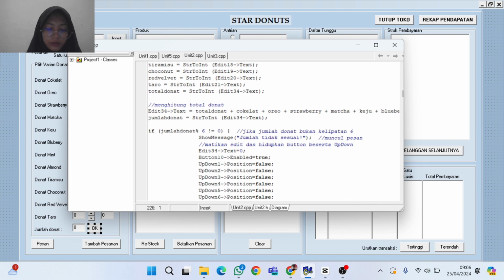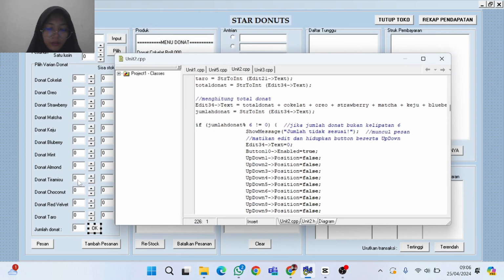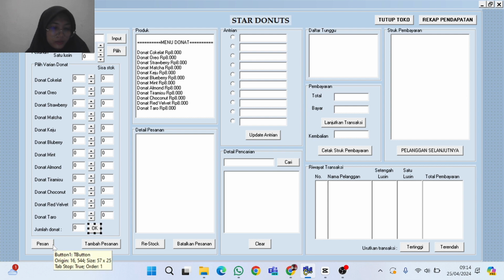Then if the number of donuts is a multiple of 6, then the edit and up-downs here will be turned off. This is the source code to check button order.